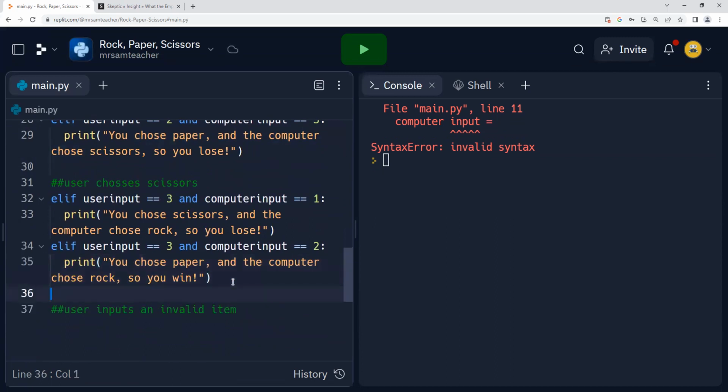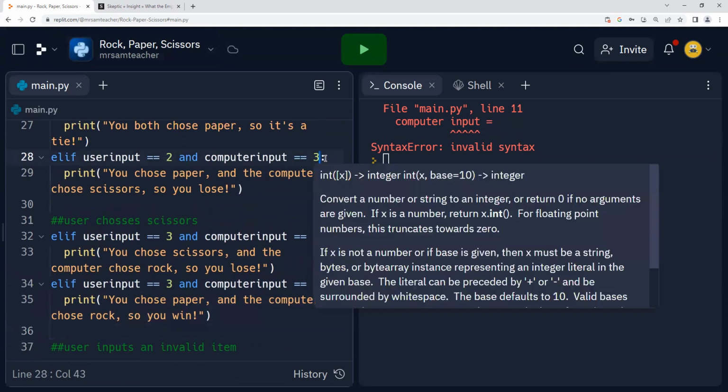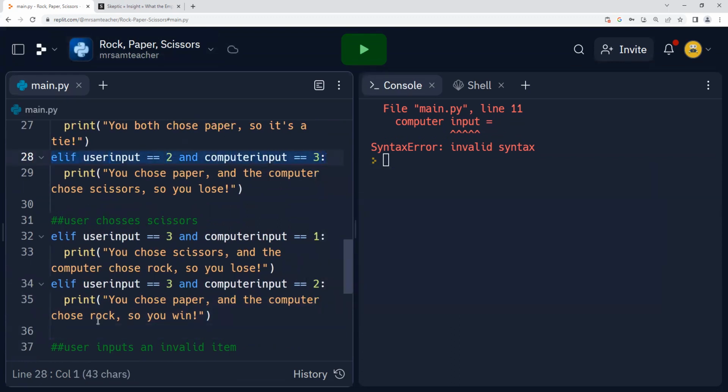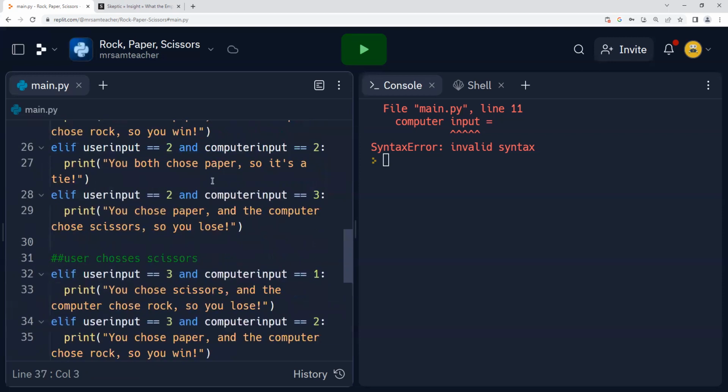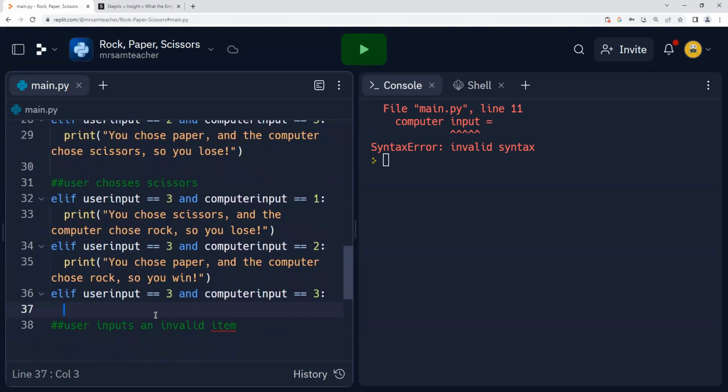And there's the next one, which is the last guy right here. And we're gonna change that to 3 because we got scissors. And lastly, if scissors and scissors, we tie. So find the one that says tie. But the thing is, you didn't choose both paper, you and the computer both chose scissors.